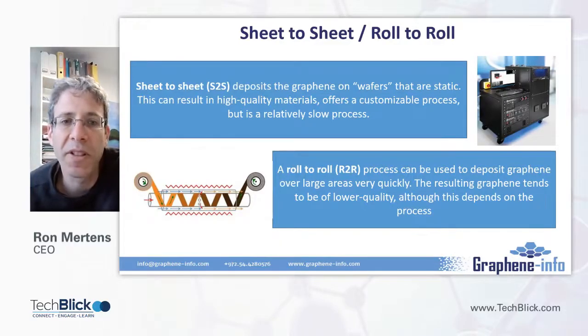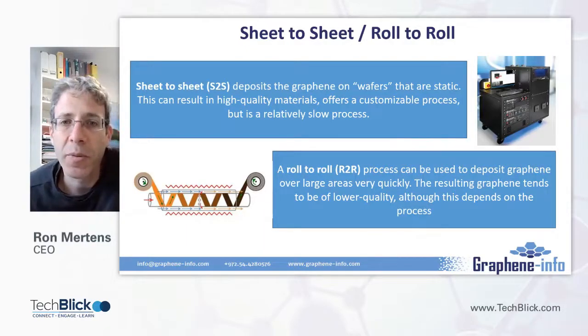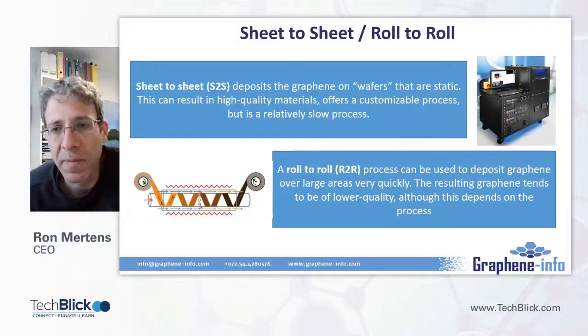The other way to use CVD is in a roll-to-roll process. In this kind of process, we deposit the graphene on a continuous roll, and the main advantage